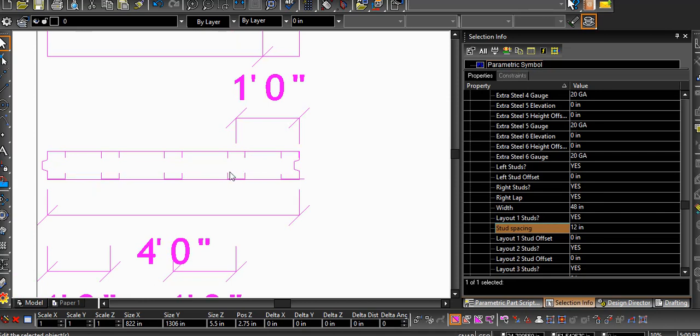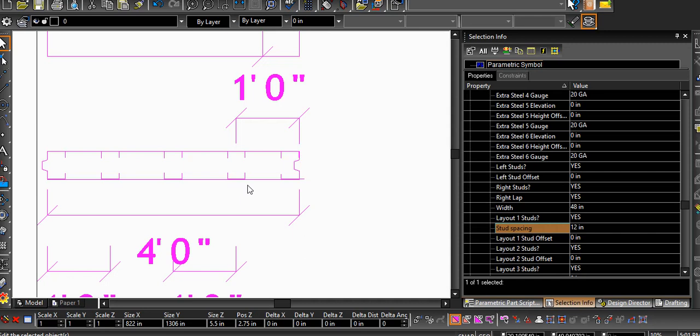And at a certain point, the way the algorithm is set up now is from the edge of panel to edge of stud. When that becomes less than 12 inches from the edge of panel to the edge of the new pack of studs, the next layout,